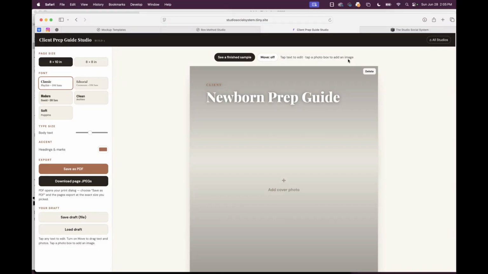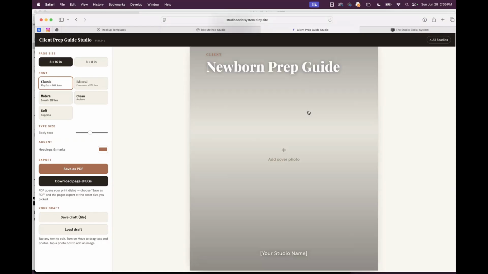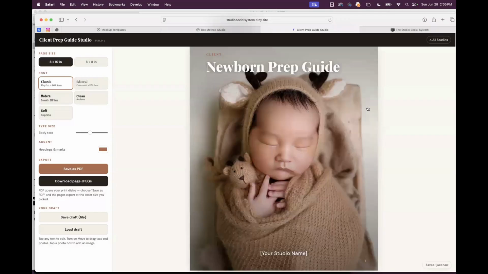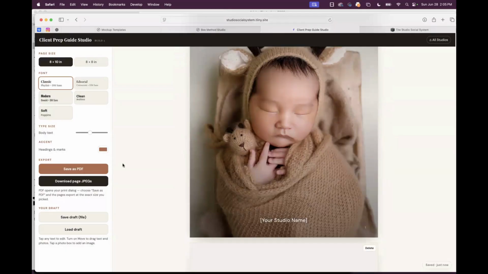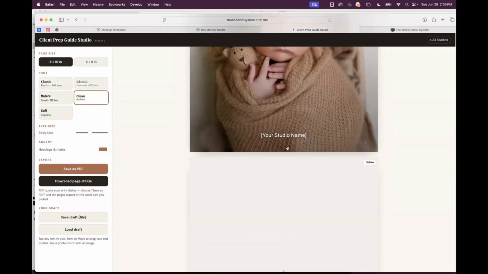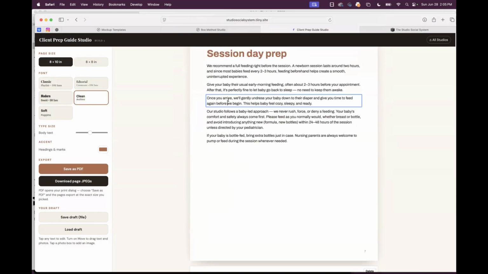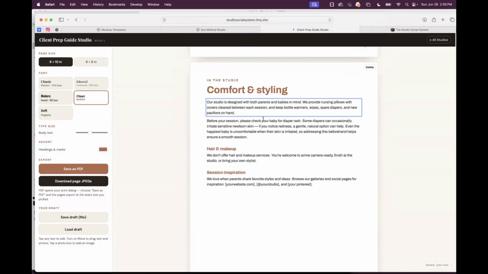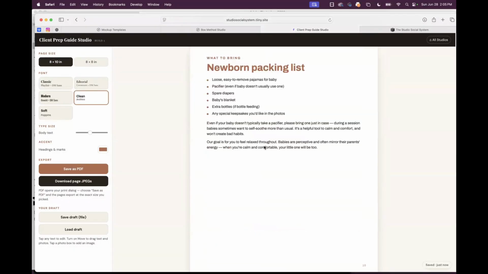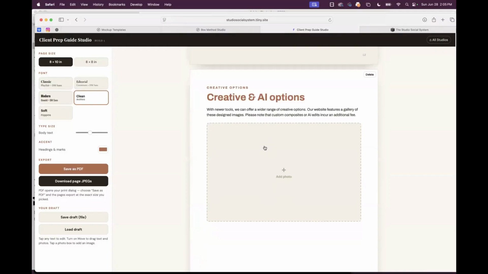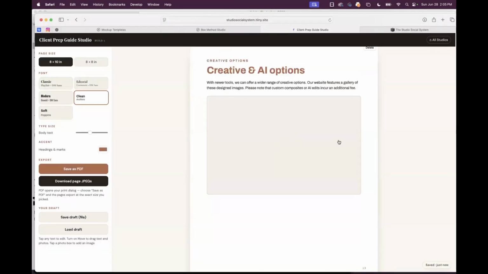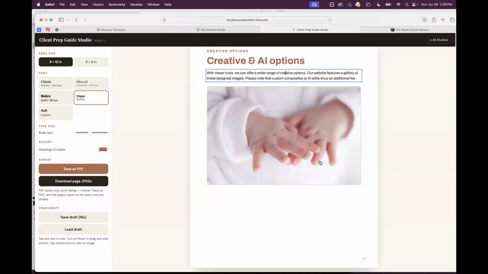Many of you already have my guide, but I put my sample up there, and now I need to know why it's not showing. But it's just like everything. You just put your image in and you can save it as a PDF. It could be classic, editorial, clean, and then you just go down and there's a template in here for you already. All you have to do is click on it and start changing it. So you don't have to do this in Canva anymore. When I first started doing this, we were doing them in a Word document, then Pages, then Photoshop, then Canva. And now I just uploaded literally my own guide, and all you have to do is put in your information and start typing and change it.